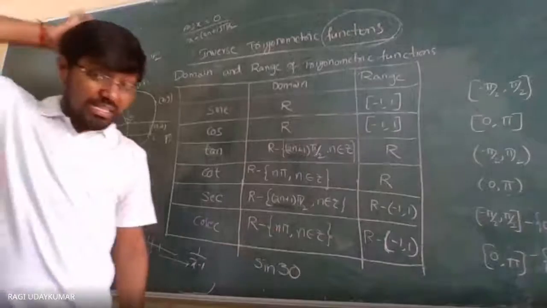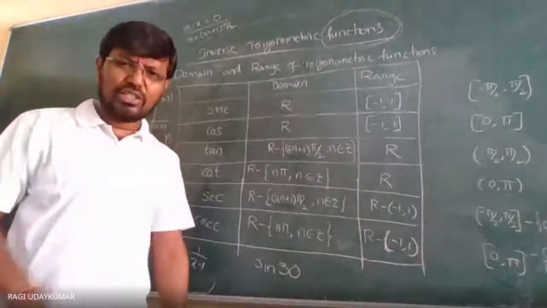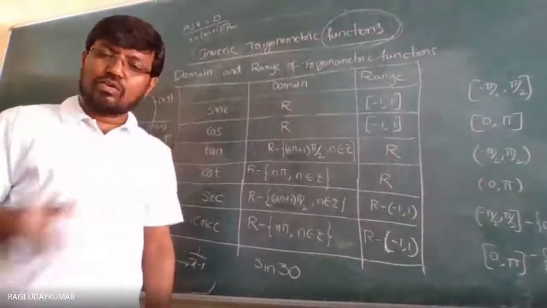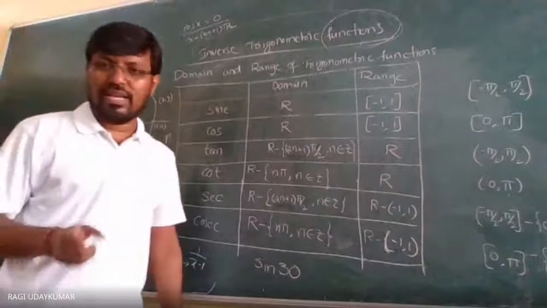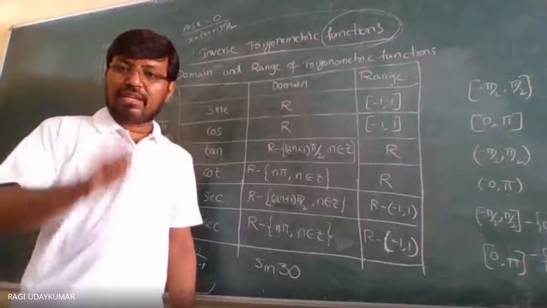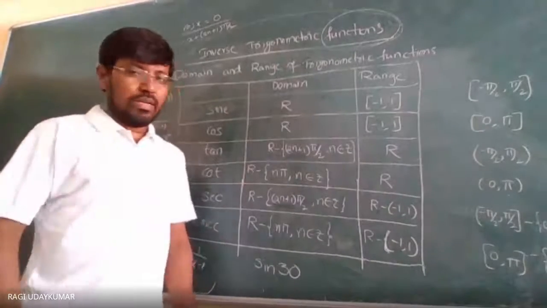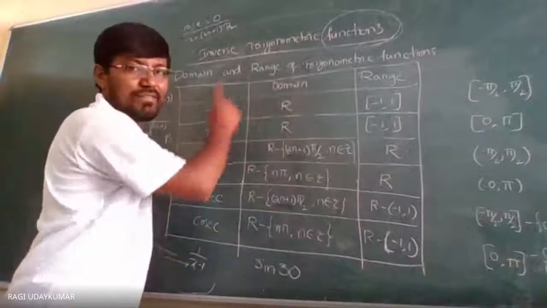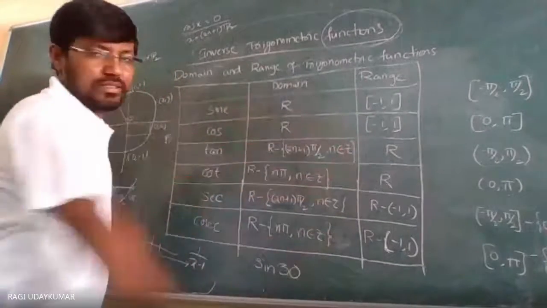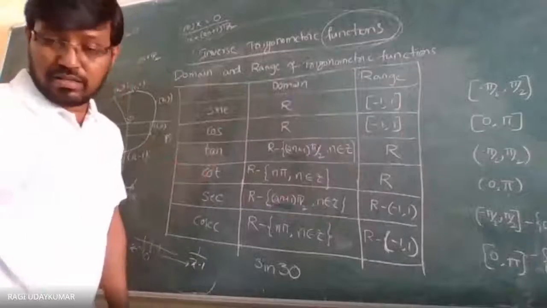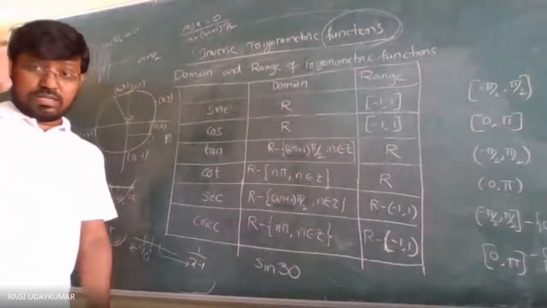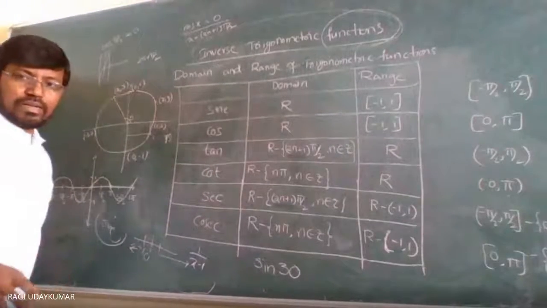And coming to the inverse trigonometric function, I am giving just the introduction here in inverse trigonometry. So an inverse function will exist in what cases? If the function is both one-one and onto. If you see, these functions are not one-one and onto, all these functions, sine, cos. Why? Can anyone tell?